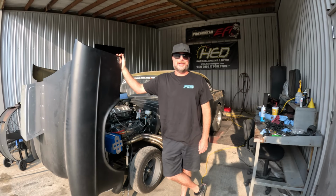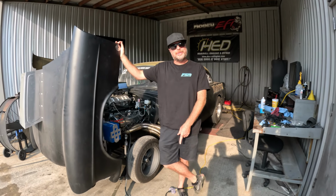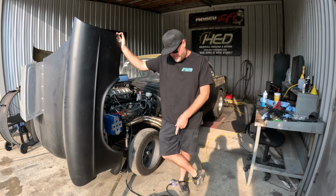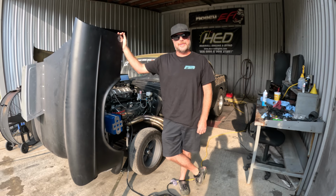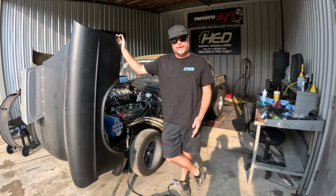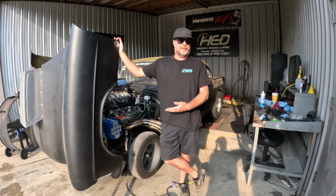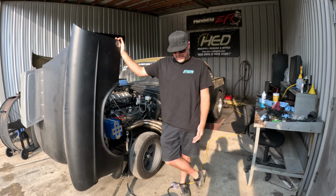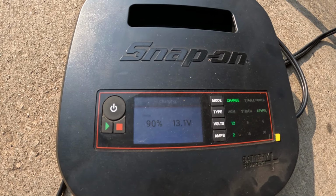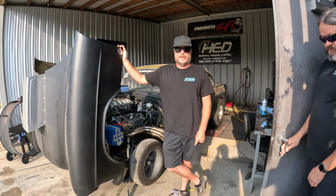It is day 2 and I am not yet sweaty. However, my battery is 90% good according to ye old Snap-on battery charger, and it has 13.1 volts. That tells you something, right? That battery is 13.1 volts, and according to Snap-on, it's only 90% good right now. That's because it's a lithium battery. If that was a lead acid battery, 13.1 volts, well, it wouldn't rest at that voltage, but that would be full. We're not even close to full. But we're getting there, and I believe that's enough to fire this thing off